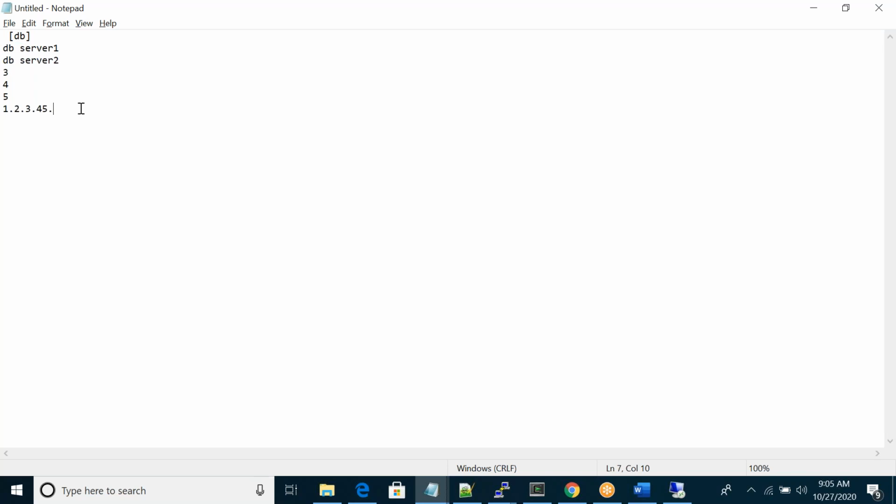Okay, Chandra, Sushant. In this group, if you just want to skip 1 or 2 servers, how do you do that? Suppose in this particular DB group, you want to skip server number 3, but you want to run that command on all the other servers. How would you do that? Can you just comment it out there? No, that we'll discuss later.